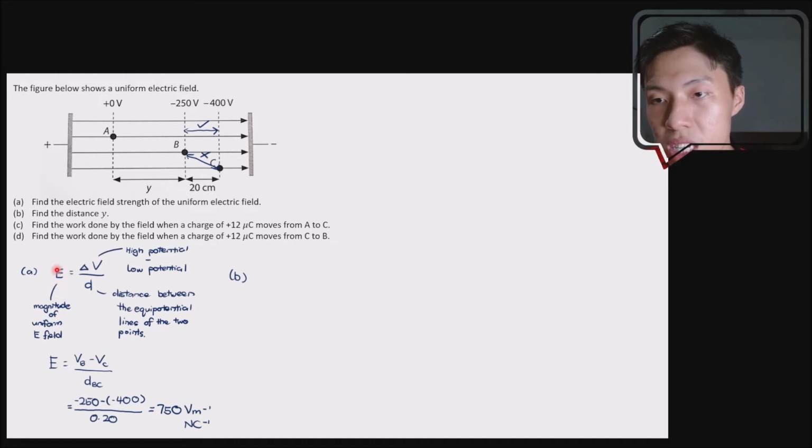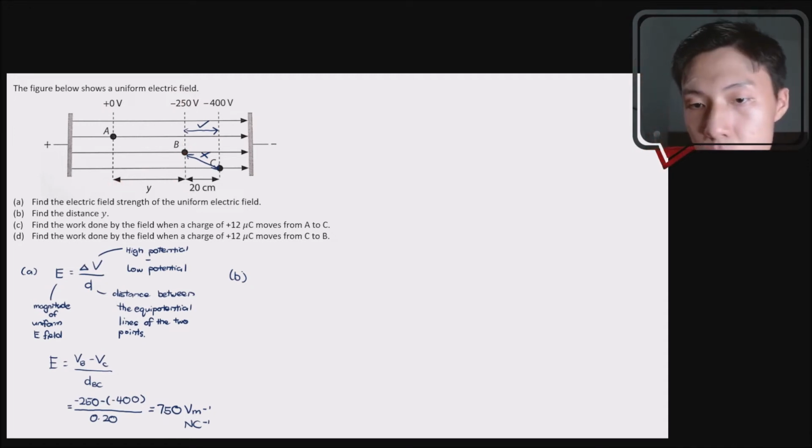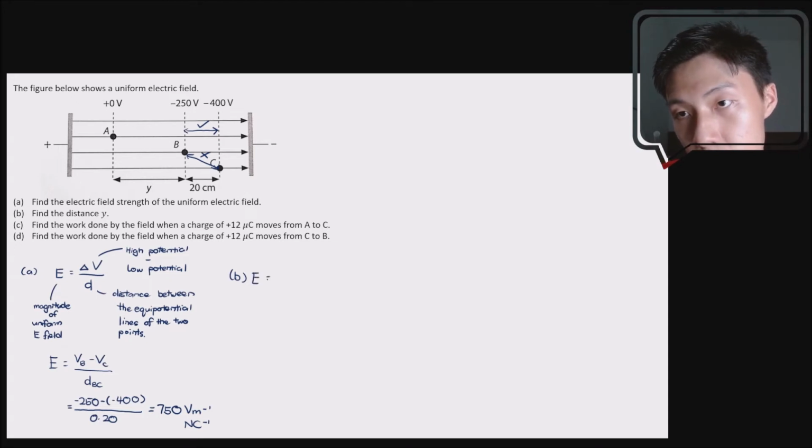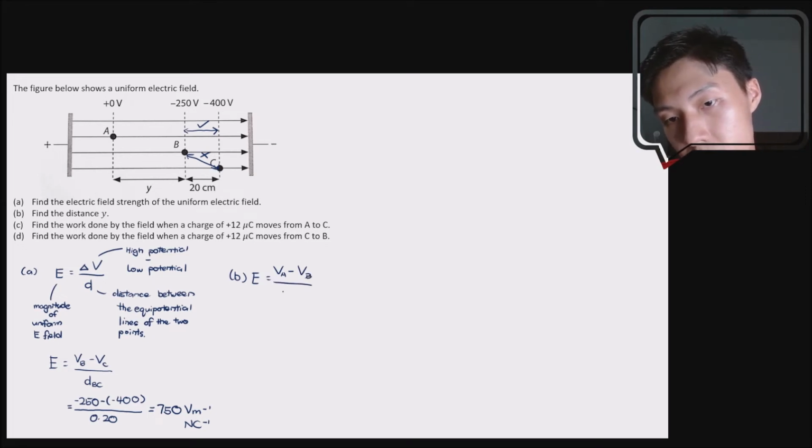You know the E will be the same as the E over here, so you can reuse the 750. Put it here. Delta V, you use 0 minus negative 250. And the distance will be y. So we are going to use the same thing again. So this time E is equal to VA, high, minus VB, low, divided by the distance between